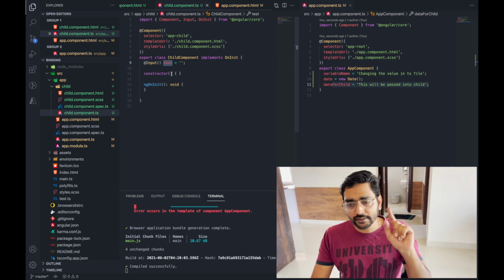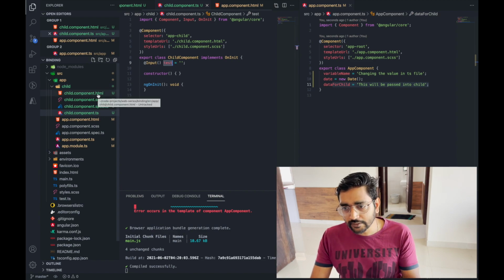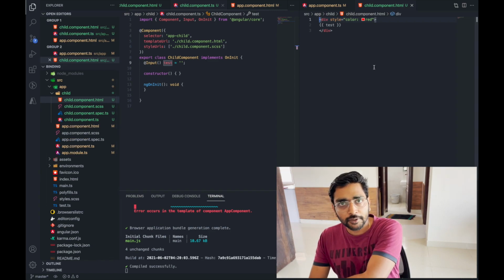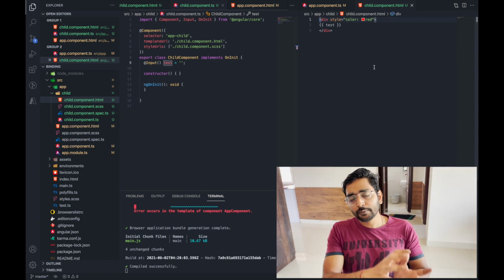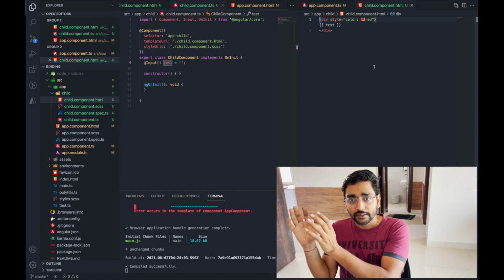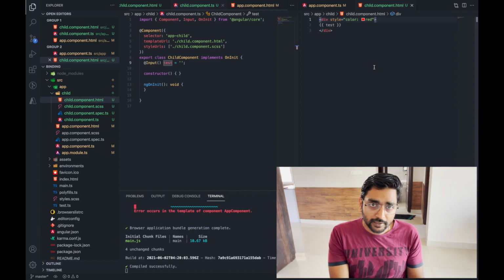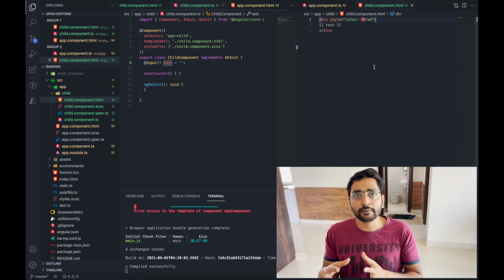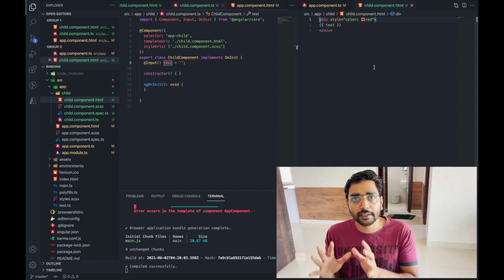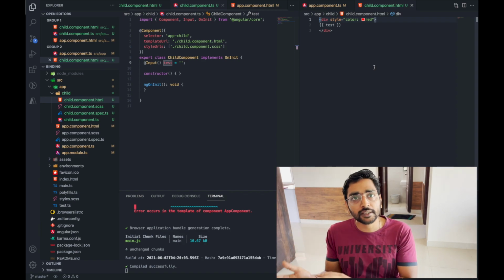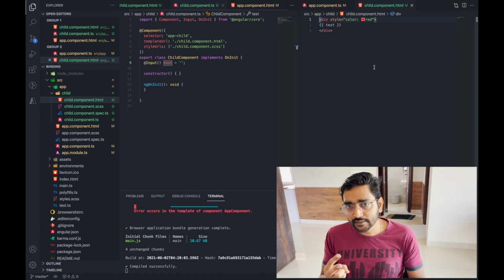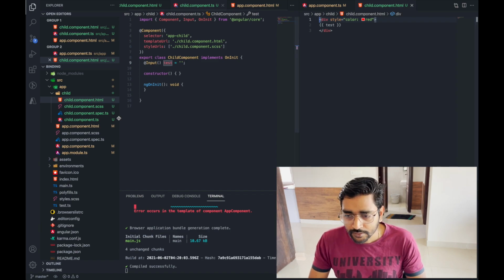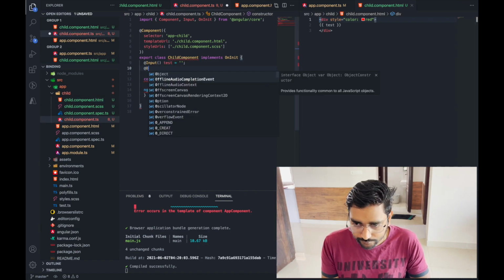Then this test variable is taken from this TS file and put into the child component HTML. So one from the app component TS file to the app component HTML, then the app component HTML to the child component TS file, and the child component TS file into its HTML. Obviously internally it doesn't work that way, but for understanding how we can program around it, this is how you have to think about what is done in Angular. This is the second type of data binding, where you are using square brackets to transfer the information. Now let's go to the third.